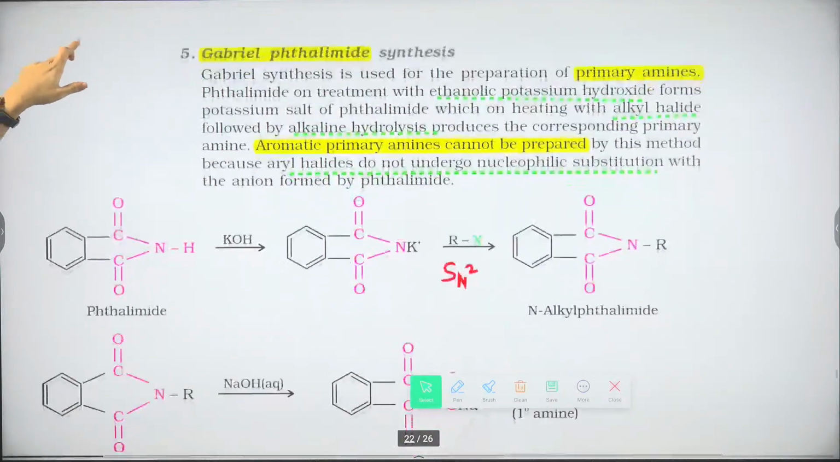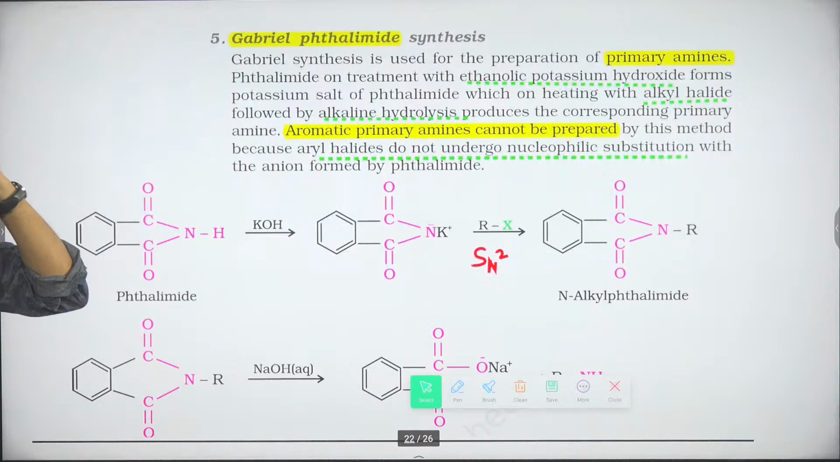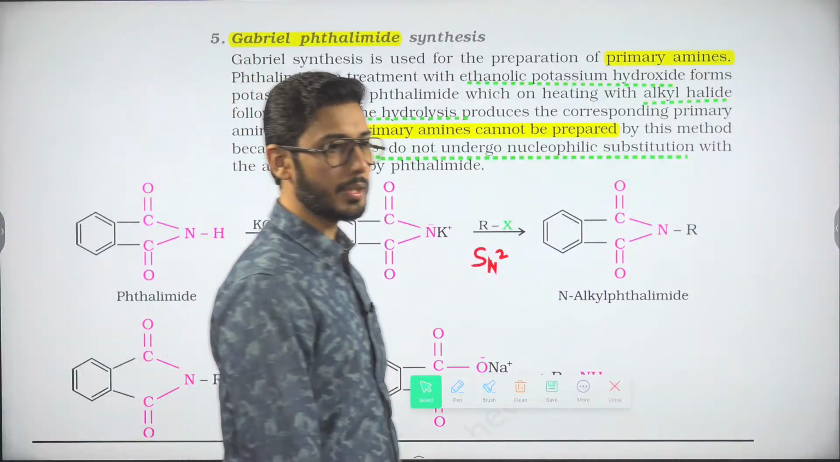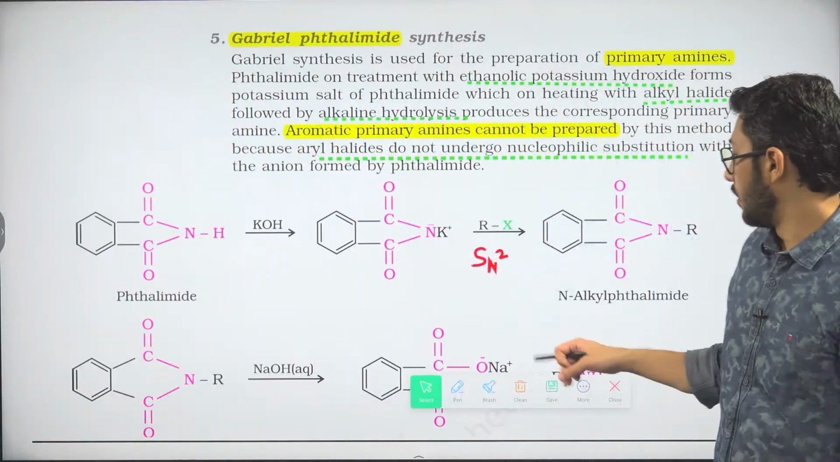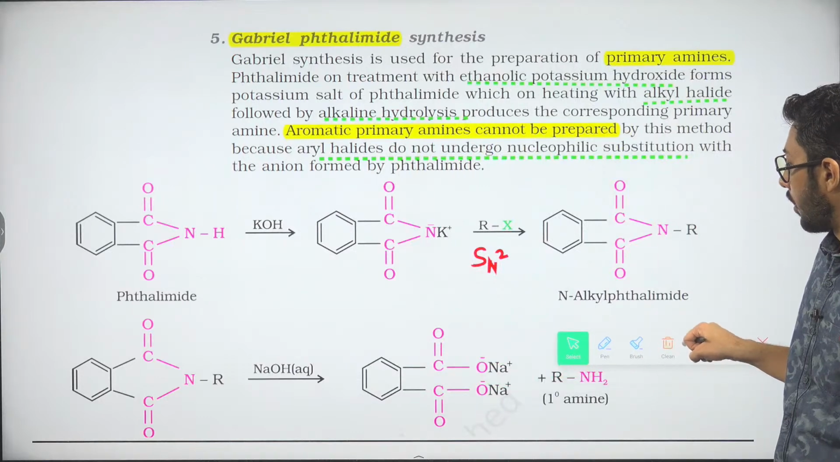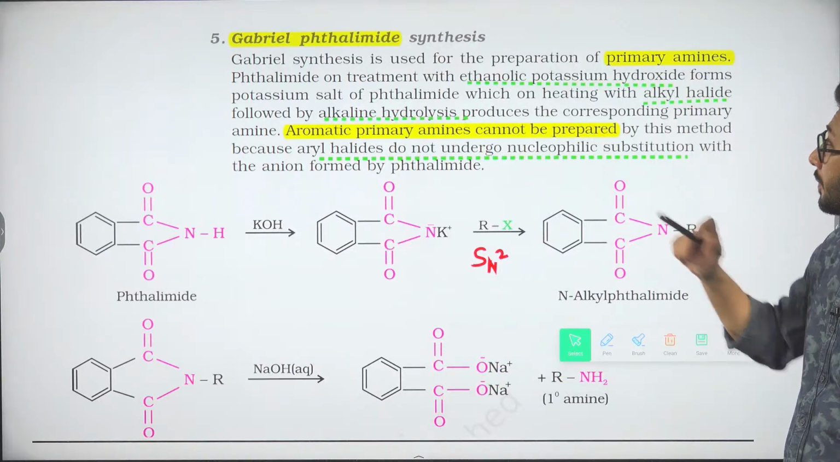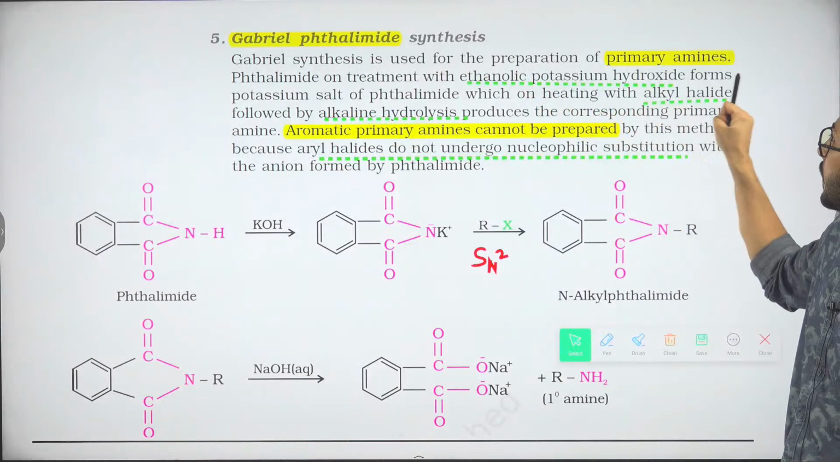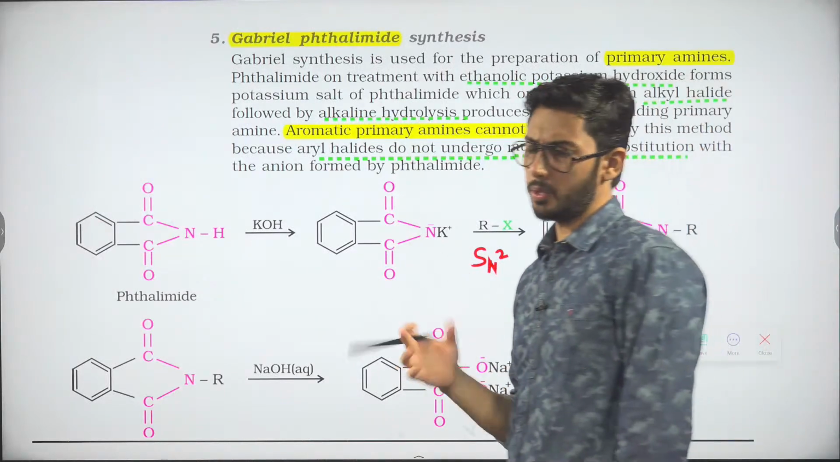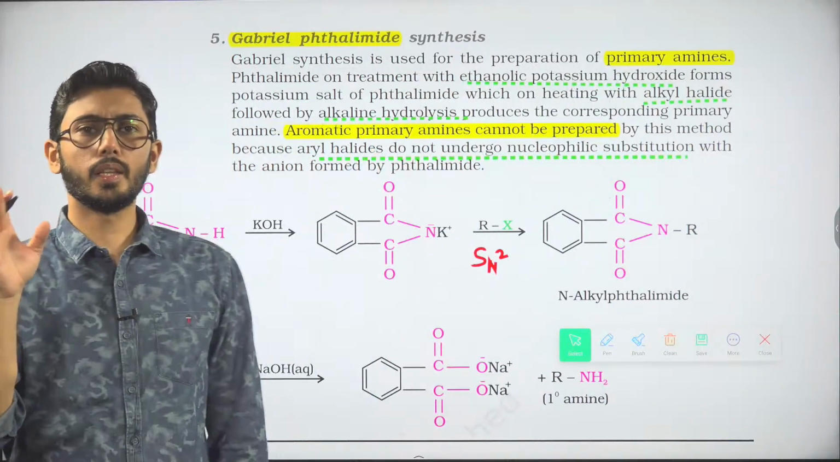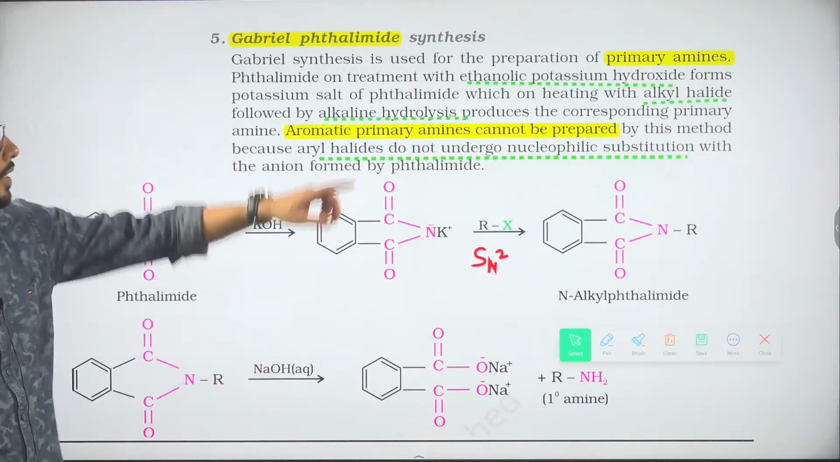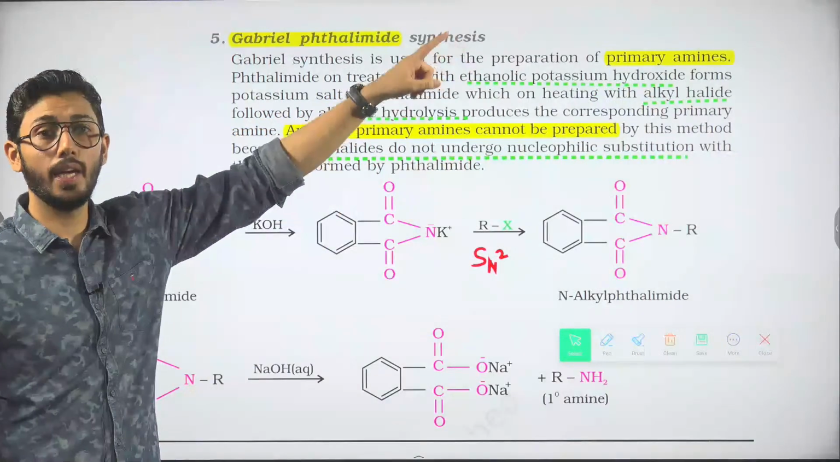Then the name reaction of this chapter, Gabriel phthalimide synthesis. Maybe by looking at the reaction it is difficult for you to go through it if you have not worked on it earlier. So, the key point of this reaction: it is used for the preparation of which degree amines? Primary. If any question asks Gabriel phthalimide is used for which degree amines, you will mark primary aliphatic